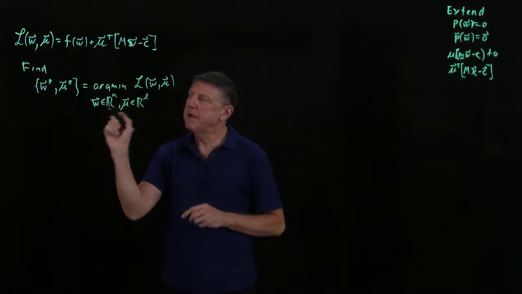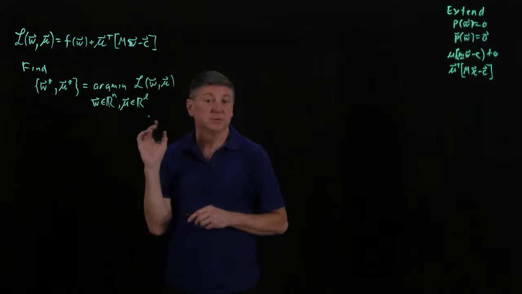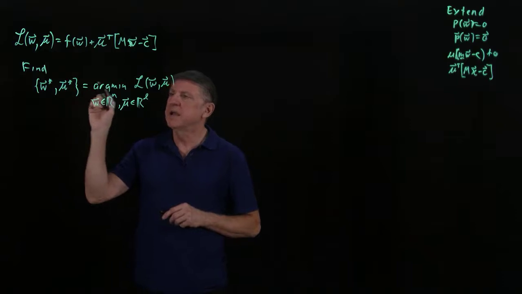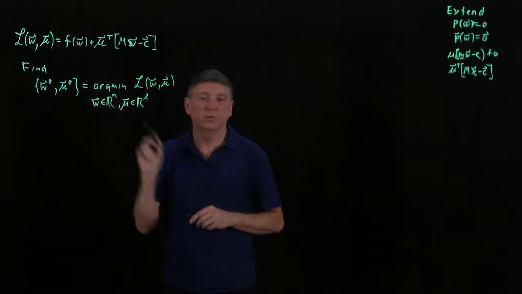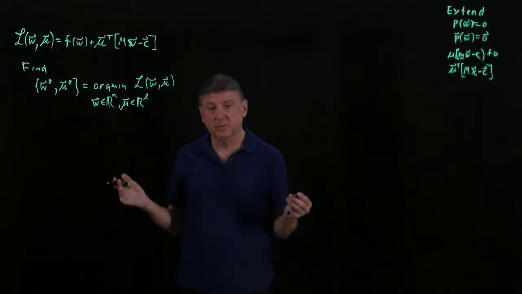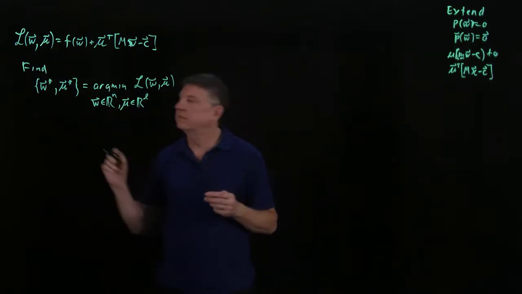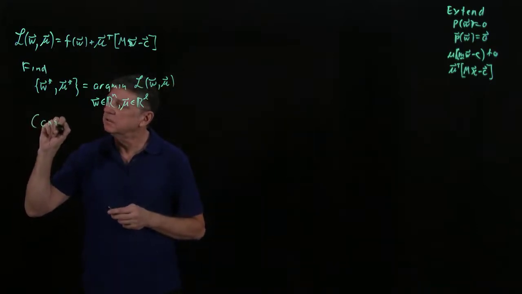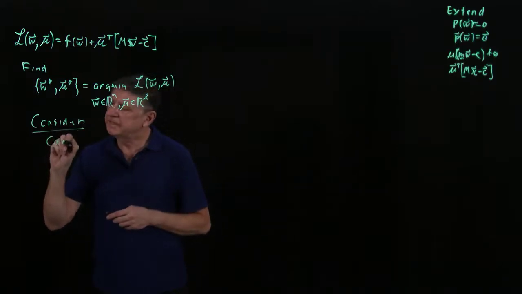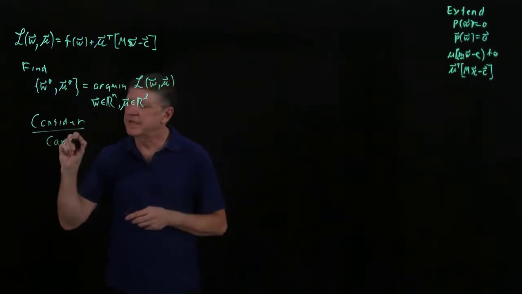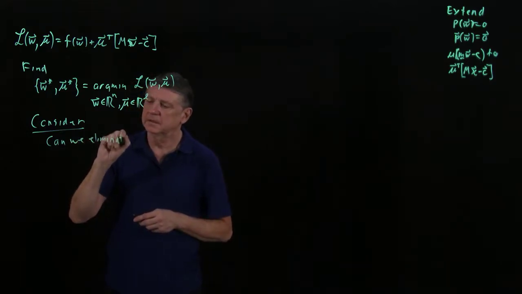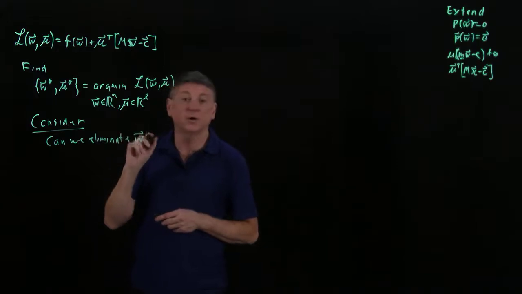The way that we might approach this, if we were looking at a feasible set method, is we might say, can we eliminate these multipliers and make this just a minimization over the vector space? That would turn it into an unconstrained optimization problem. There's another way. Instead of trying to eliminate the multipliers, can we eliminate the vector argument